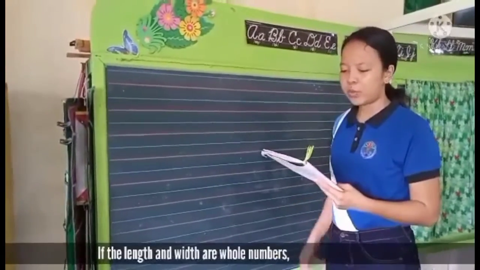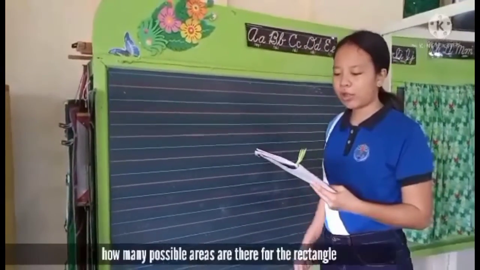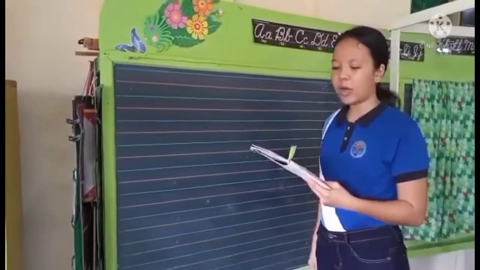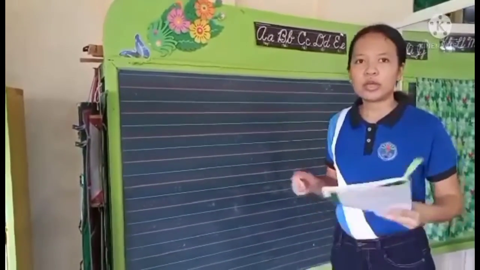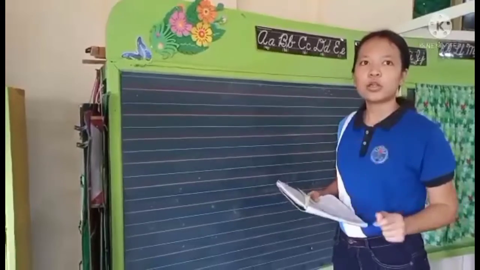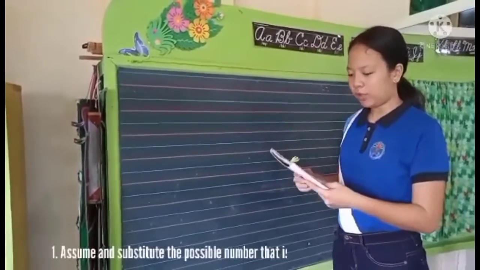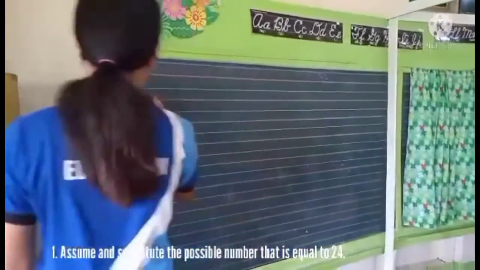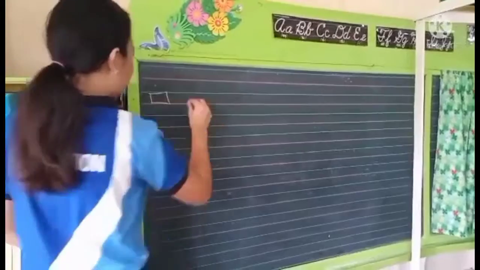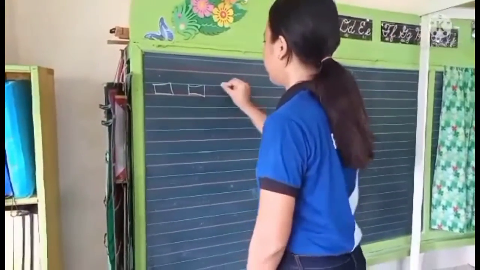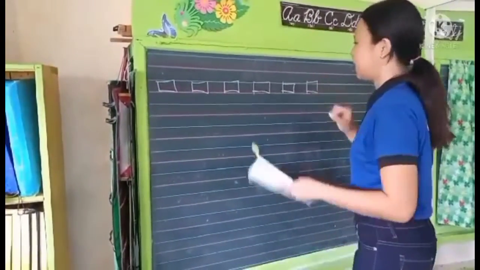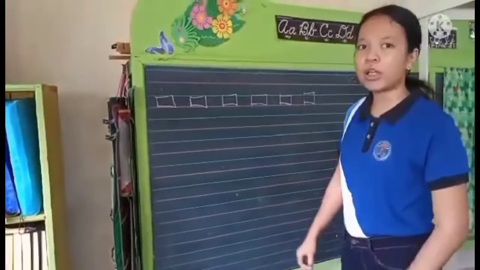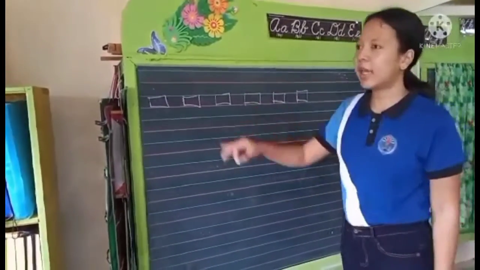A rectangle has a perimeter of 24. If the length and width are whole numbers, how many possible areas are there for the rectangle and what is the smallest of these areas? So, paano nga natin makukuha yon? To get the answer, first, we should substitute or assume. Let's say, let's do a rectangle. First rectangle, 1, 2, 3, 4, 5, 6. Since ang sabi po dito, 24, ang pwede lang itong i-multiply sa 24 is 6 times 4,